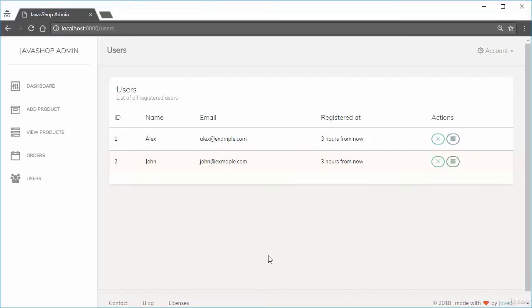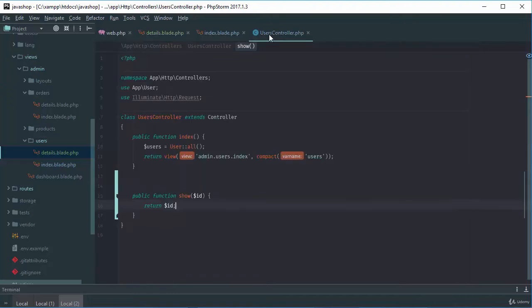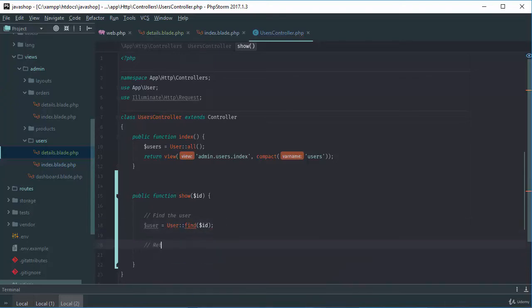Okay, nice. Let's save and reload the page. If I click on details, there we go, we got the ID 1, right? So now let's come to the controller again, and first of all find the user. I can say User find, inside it just find the ID,